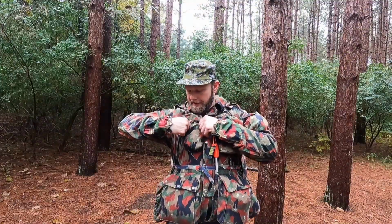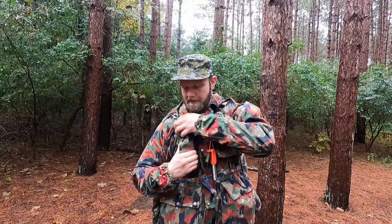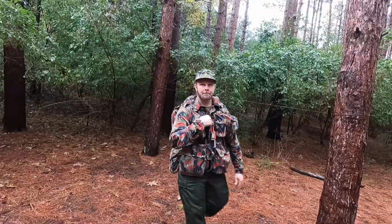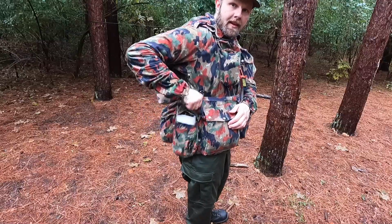The first thing that we gotta do is what I have configured with this survival coat. I have paracord, and I keep that in this top pocket here, along with my fire kit. And I also have some bank line as well. So this is what I keep in this pocket. And here, this kit, that's where I keep my knife. In this pocket here, I have my